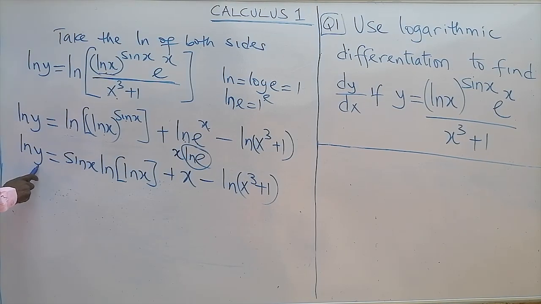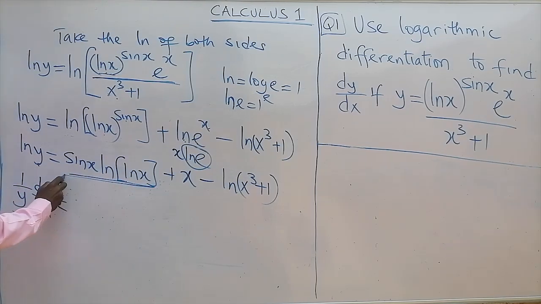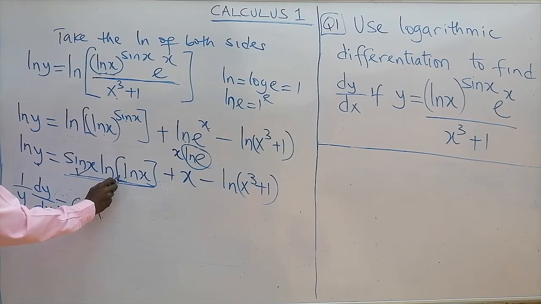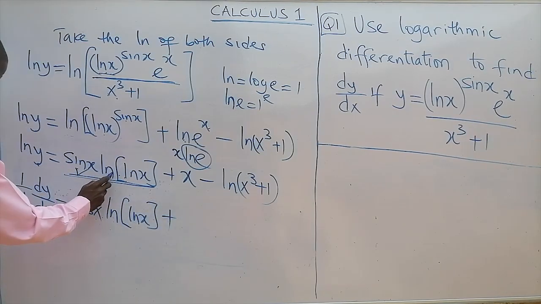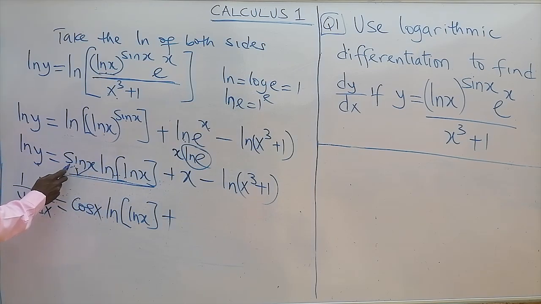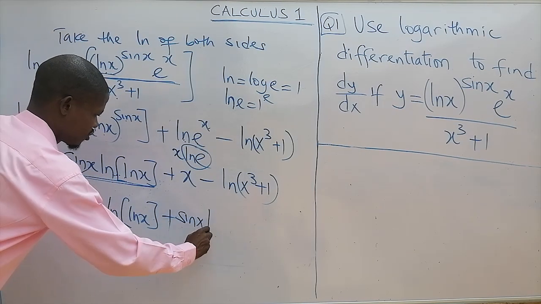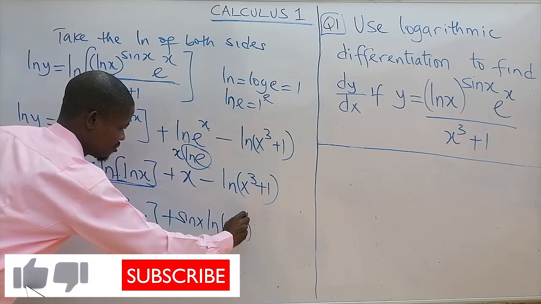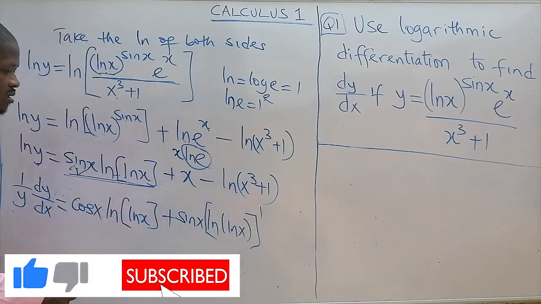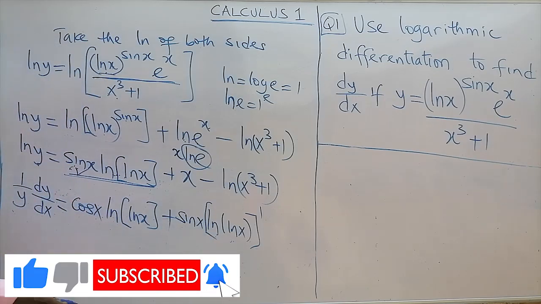But don't forget, y here is a function of x. If you differentiate ln y, it gives you 1 over y dy/dx. I'm going to explain that shortly. And here is a product rule, with two functions, sine x and this one. So we apply the product rule. Differentiate sine x, which gives us cos x, keeping the other one constant. Then plus, keep sine x constant and differentiate ln of this function. I'm going to put a prime on it, that's d/dx of this function. And then plus